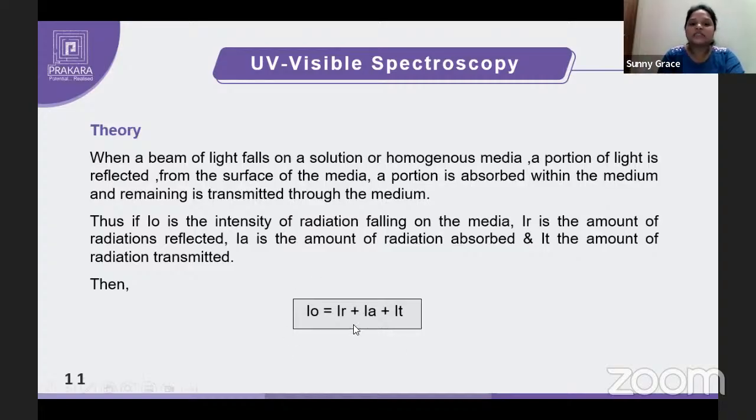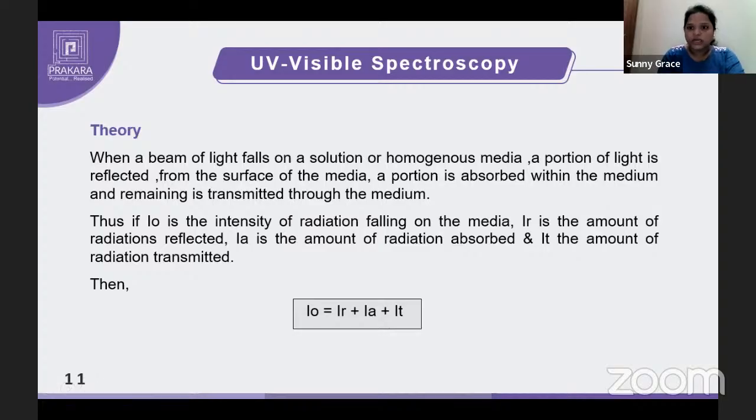The incident light is always equivalent to the sum of what is reflected, what is absorbed, and what is transmitted, which is given by the following equation: I naught is equal to IR plus IA plus IT. I naught is the incident radiation, IR is the reflected light, IA is the absorbed one, and IT is the transmitted one. Since the reflected rays are almost less than 4%, it is normally neglected. So generally we say that the incident light is equivalent to the absorbed light plus transmitted light, and this equation is